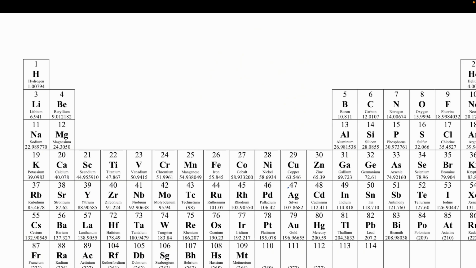Okay, so we want the name, the symbol, the number of protons, neutrons, and electrons, and then lastly the charge. Okay, so we're going to fill in some of this information, and then you guys are going to fill in what's missing here. So I am talking about sodium